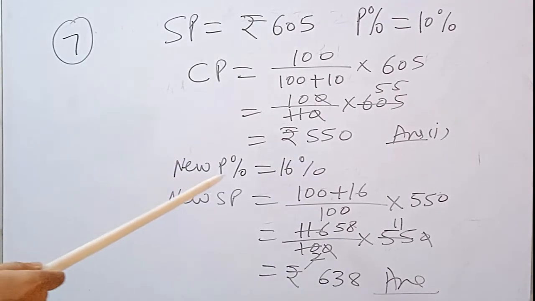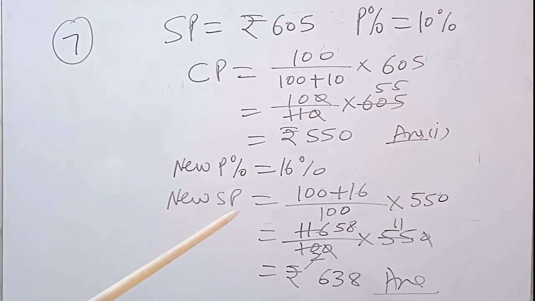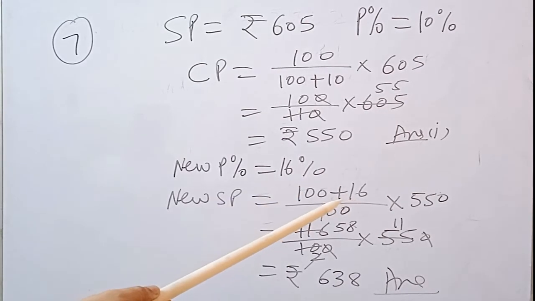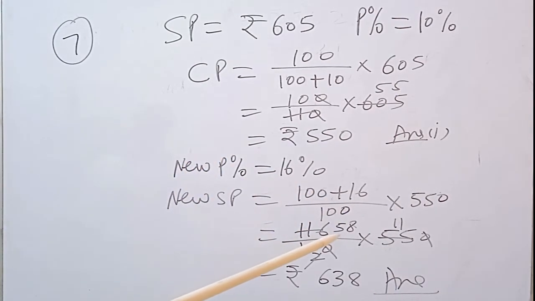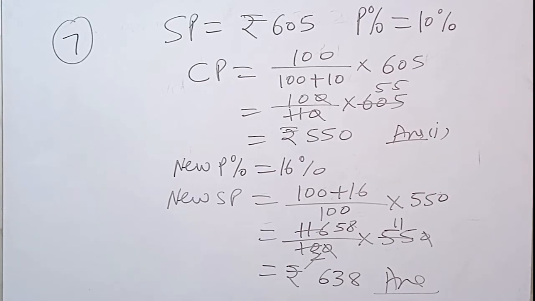Now we have to make the profit percent 16%, and I have to find the new selling price. So new selling price equal to, use the formula, (100 plus gain percent, that is 16%) upon 100 into the cost price. Cost price is 550, we just got it. So we get 116 upon 100 into 550. 0 to 0 cancel, 5 to the 10, 5 11s are 55, 2 5s are 10, and 2 8s are 16. So 58 into 11 we get rupees 638. So 638 is the new selling price whenever the shopkeeper gets 16% profit. In that manner you will do question number 7, or other types of sums.